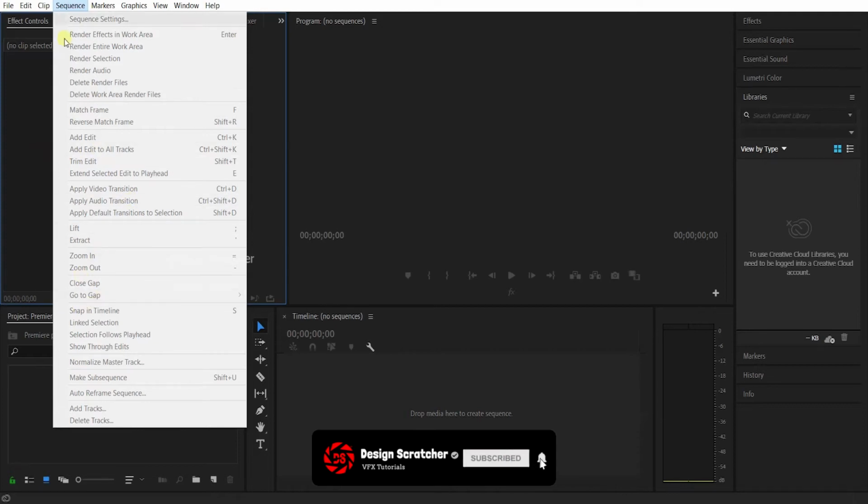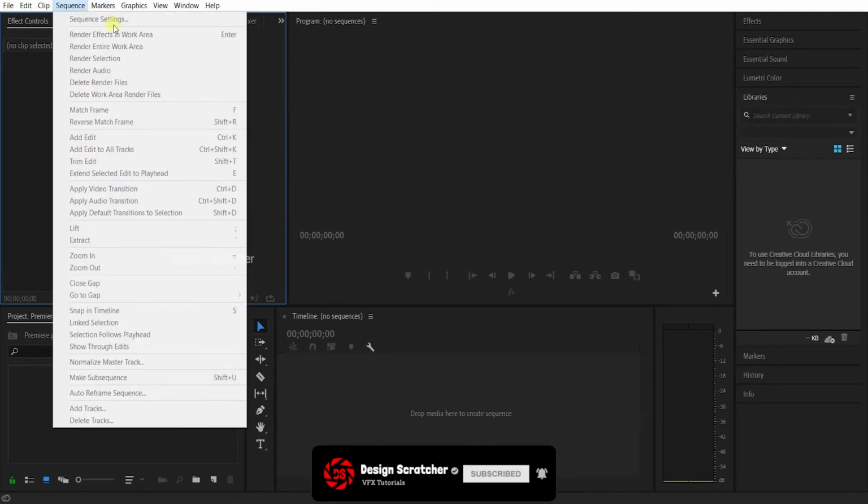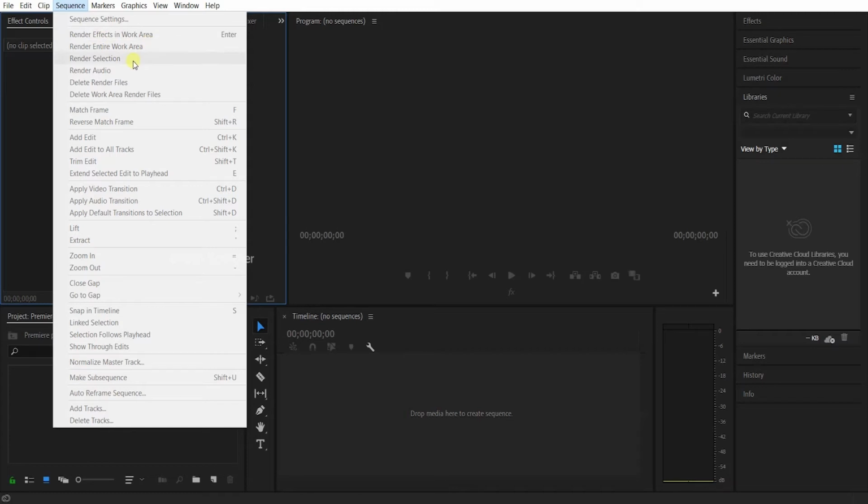Okay. This is for the sequence: Sequence Settings, Render, Work Area. The work area you can arrange, and render the work area also, and then on another computer, if you have used this, that can also be used for the render application. Add Edit, this is not important, but this is for the basic expression. So I will explain only the basic expression, not examples, not anything. This is a basic, simple Premiere Pro explanation.